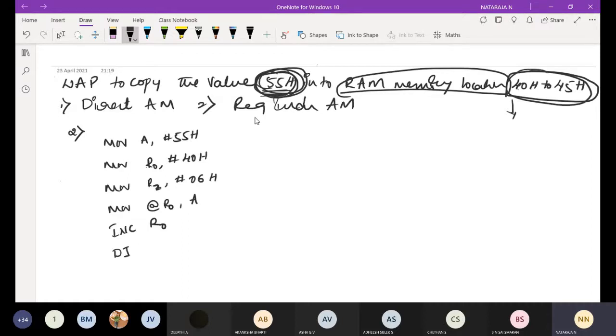Next DJNZ R2 comma again. Here I will take again as a label. Take the program; I will explain.